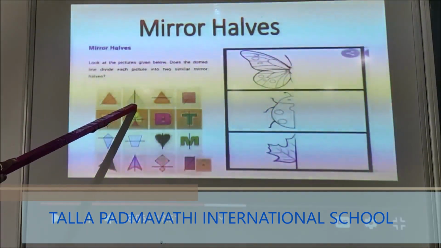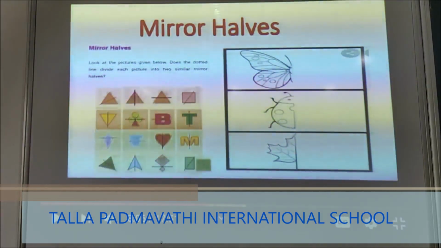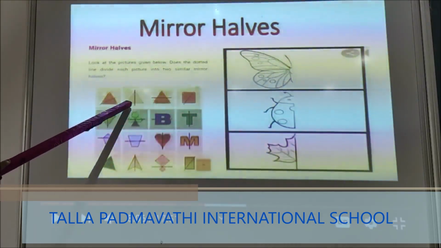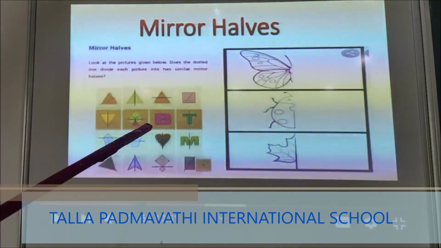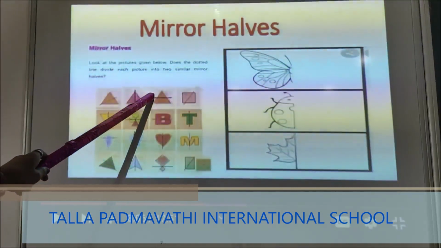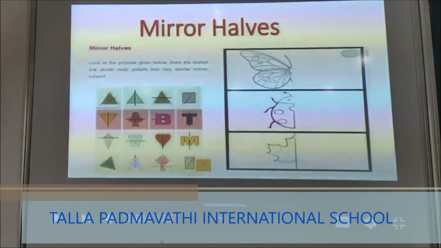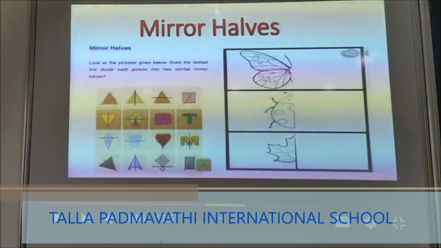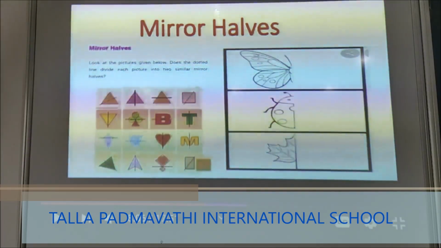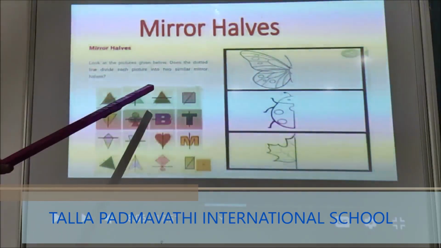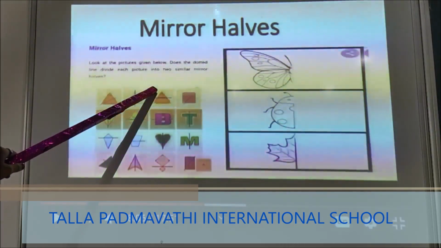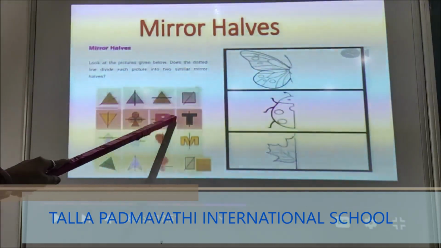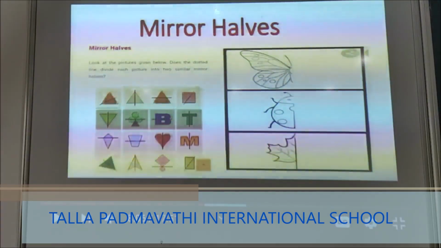Now the next one. Is it dividing into equal halves? Yes, our next picture is also symmetric. Now the third picture, Nana, can you tell me, is this line dividing into equal halves? Is the upper part the same as the lower part? Yes or no? No, it's not symmetric because the upper part is different from the lower part. So we can say that this is not symmetric, or asymmetric.